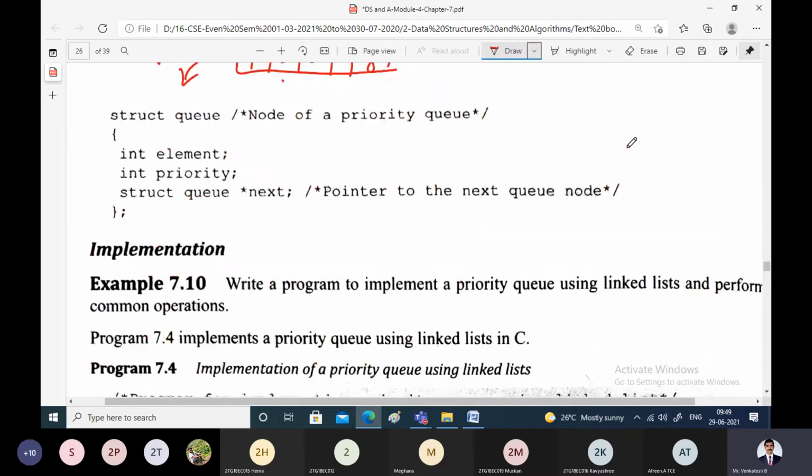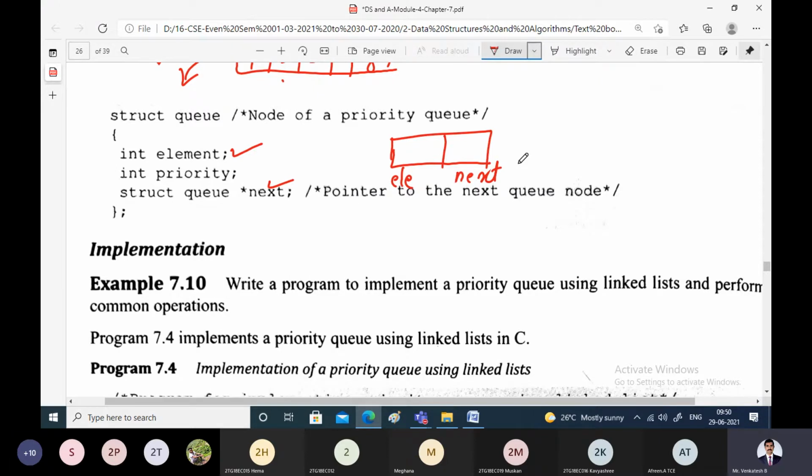Now, the simple structure definition for the priority queue here is, in earlier discussions, we had two entities, that is the data part and the next part. And specifically, we are considering the linked implementation of priority queues. So usually a node of the queue was assumed like this. The first field contained the element and the second field was the pointer to the next node. This was the usual notation we studied.